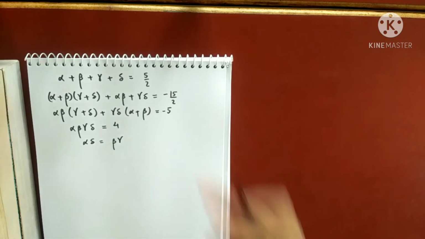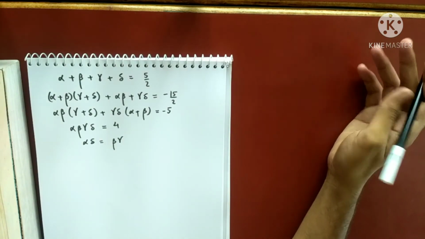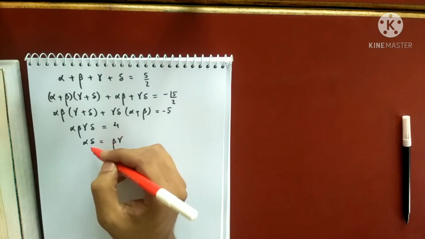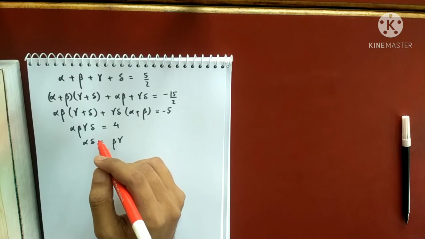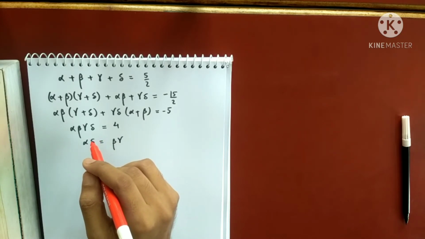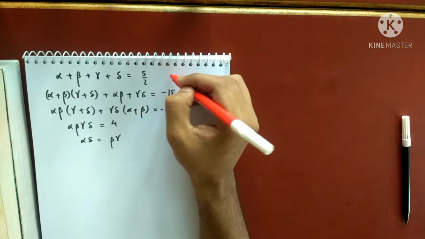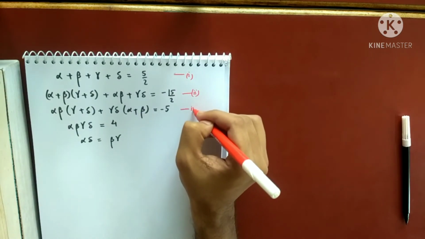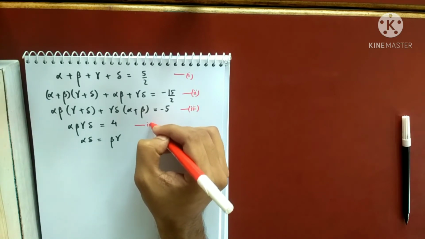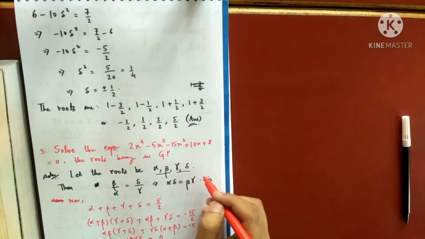Now, from these equations, I have to solve for alpha, beta, gamma, delta. Now, let's use this condition: alpha delta is beta gamma. This is same as this. Let me give the equations names. Call this 1, call this 2, call this 3, call this 4, and call this 5. Remove that other name, it is not required because that will lead to ambiguity.